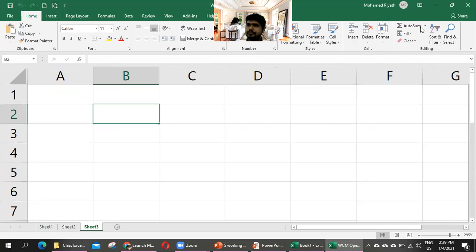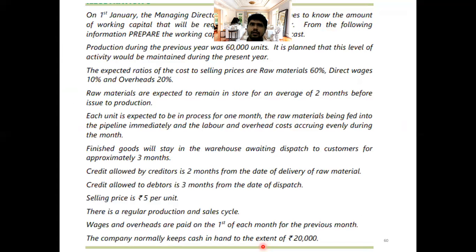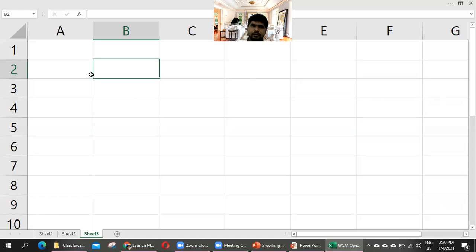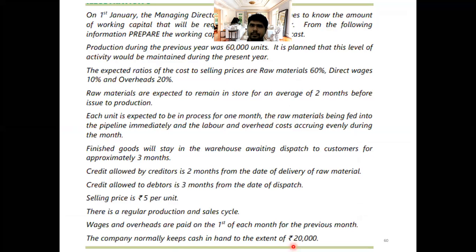Annual production equals 60,000 units. And the planned level of activity would remain the same in the present year. And the expected ratio of cost to selling price: raw material 60%, direct wages 10%,